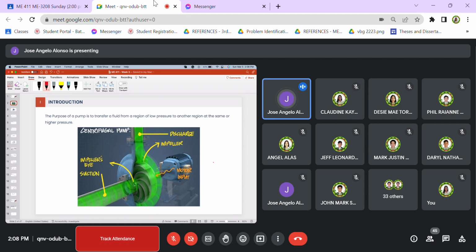Since may idea na kayo from the last semester kung ano yung definition ng pump, so basic definition lang ulit or refresher, the purpose of a pump is to transfer a fluid from a region of low pressure to another region at the same or higher pressure. So kapag pinag-uusapan natin si pump,